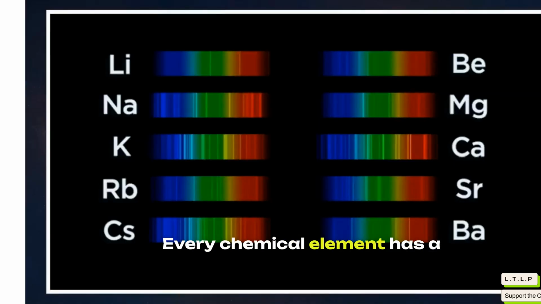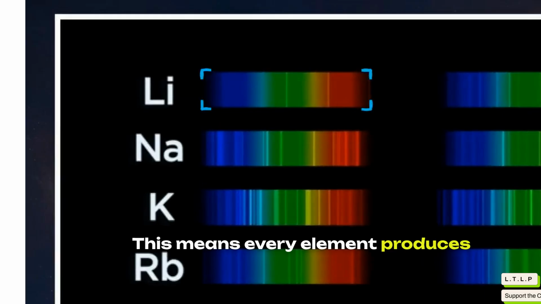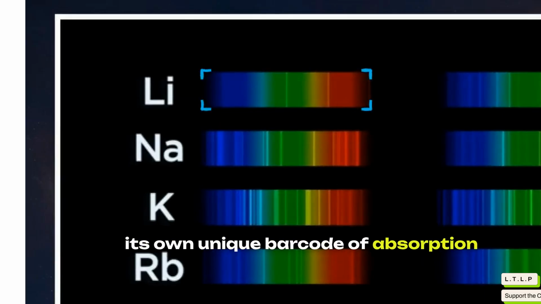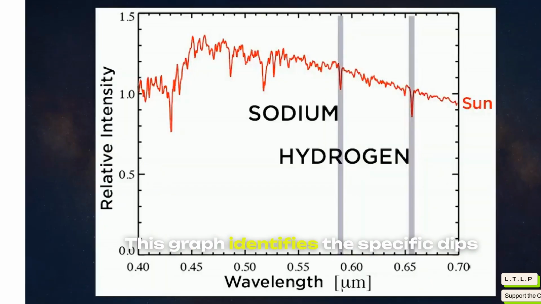Every chemical element has a uniquely spaced set of electron energy levels. This means every element produces its own unique barcode of absorption lines. This graph identifies the specific dips in the sun's light caused by sodium and hydrogen. Scientists proved these matches by heating known gases in laboratories and comparing their signatures directly to the dark lines in